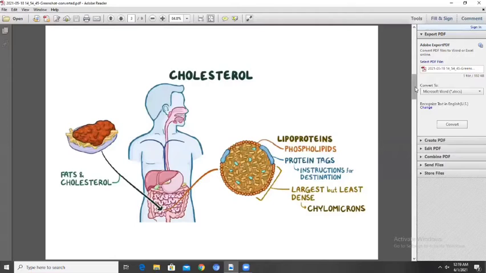Cholesterol is absorbed in the small intestine, along with phospholipids that are the basic formation of the cell membrane. In the chylomicron, the least subunit of cholesterol, chylomicrons are useful in the metabolism of our body.